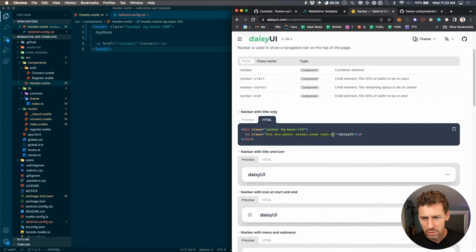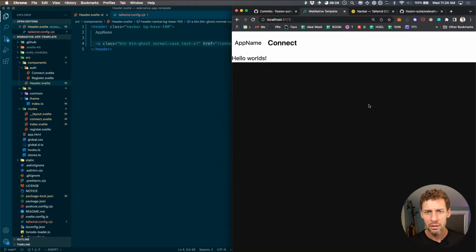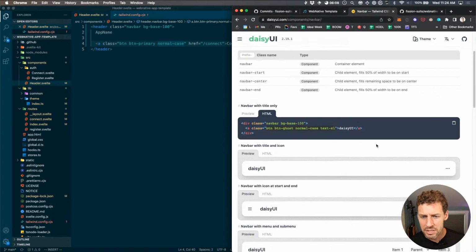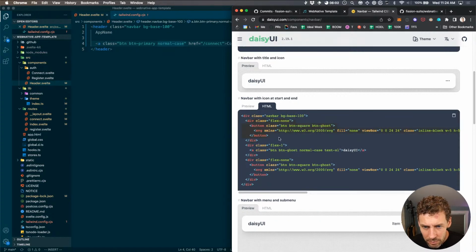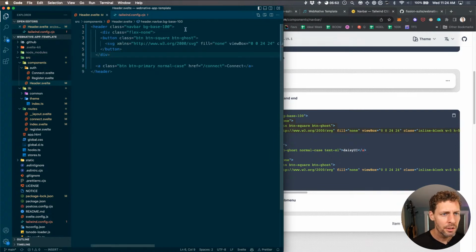Let's make this into a button. All right, we're not gonna want button ghost. We're gonna want button primary, and not gonna be text extra large. Let's see, go back over to Tailwind here, and aha, there we go. There's our little button square thing. Let's do that. So now we got our hamburger,